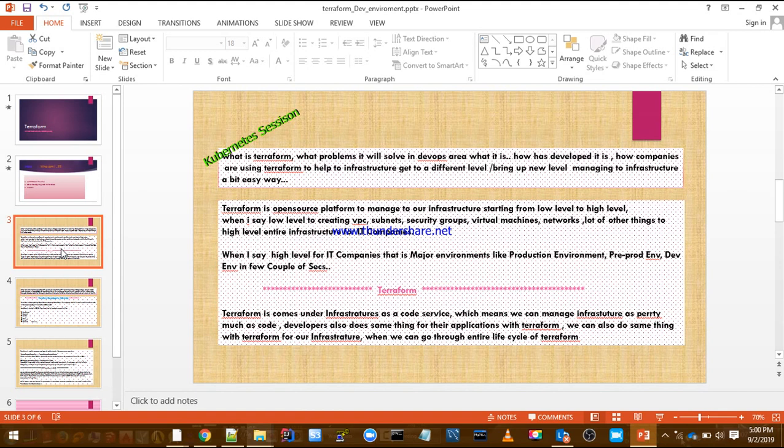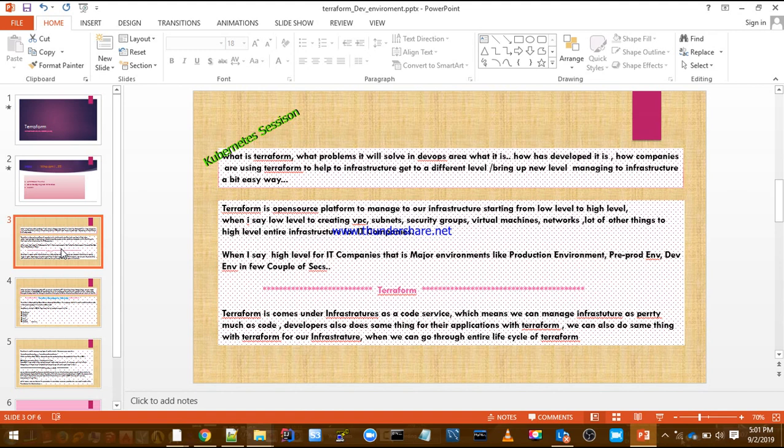What is Terraform? What problem does it resolve in the DevOps area, who introduced it, how did it come into the IT sector, how many companies are using Terraform, and how have companies adopted it?